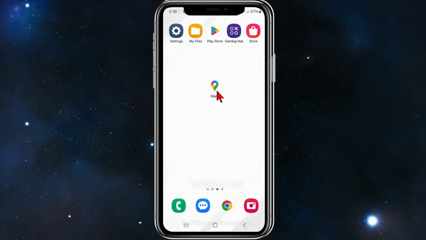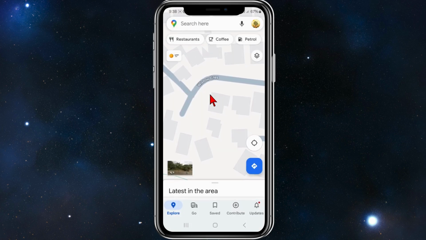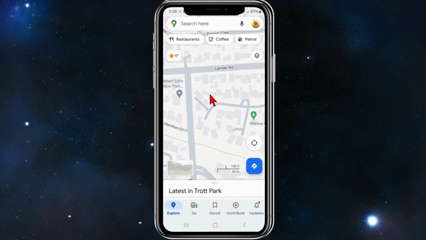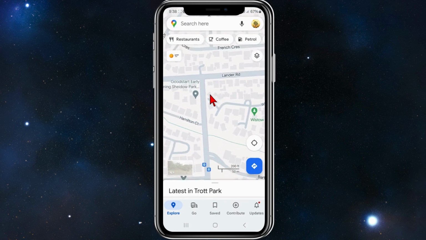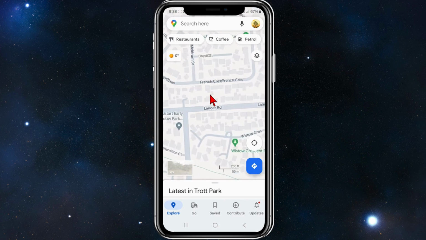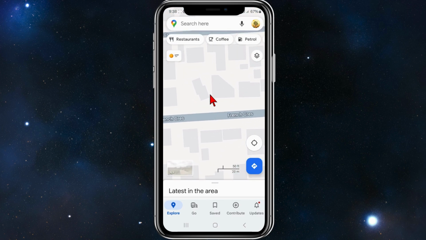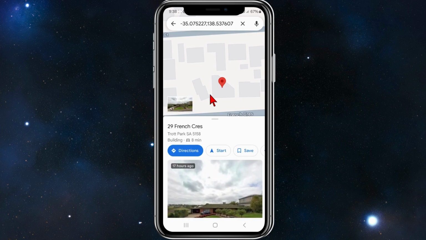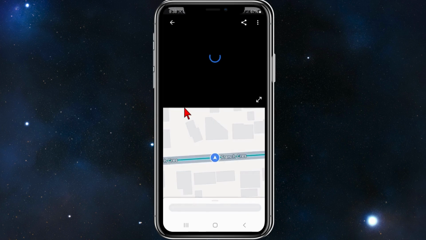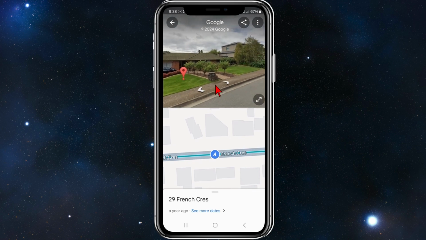Alright guys, open up Google Maps on your Android or iOS. For this demonstration I'm just going to pick a random house inside Google Maps. So I'm going to come over here and click on, say, this address here. I'm going to click and hold this address. Now I'm going to click on the street view, and now you can see the street view of this